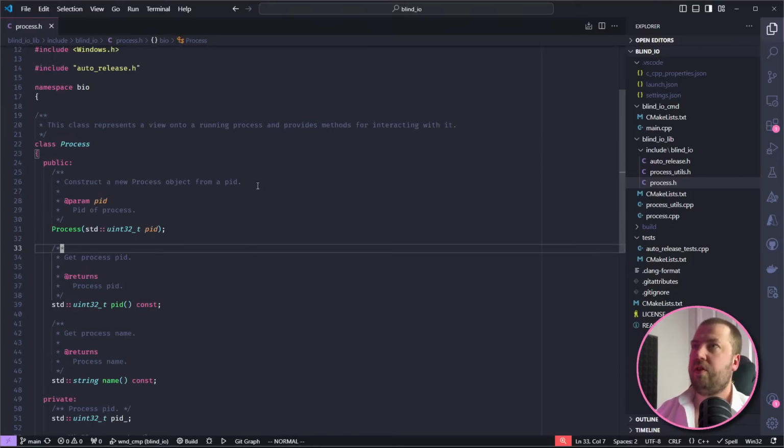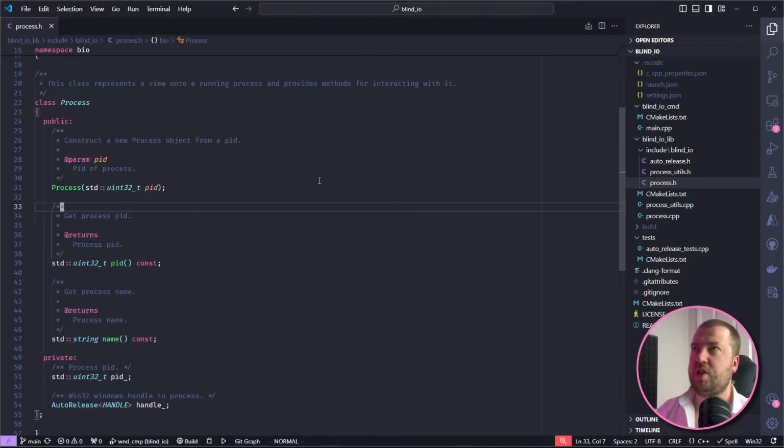Okay, so we built out a little process class which is going to encapsulate a running process, or a dynamic view onto a running process. So this will be backed by an actual thing running on your computer, and the idea is that as we add more functionality, it will allow us to interact with it. Kind of spoiler alert to what we might be doing today.